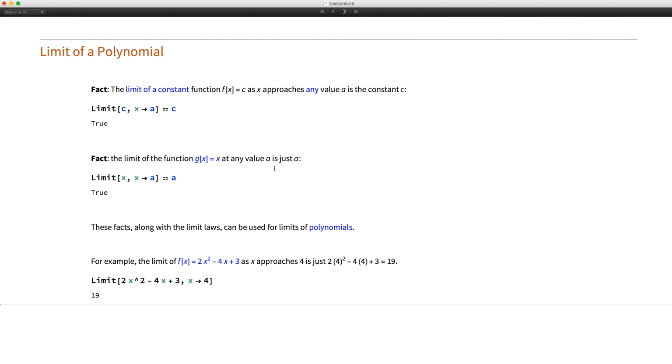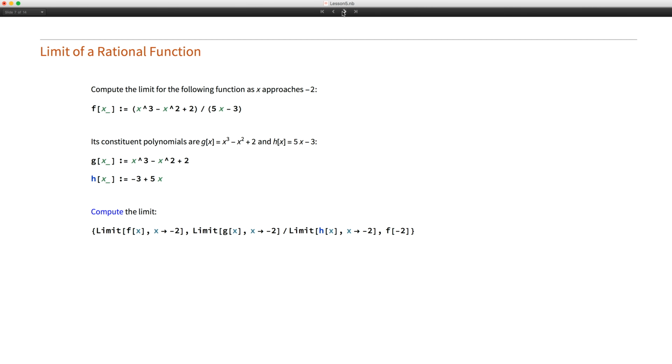The question is, what happens when you have a rational function? So here is a rational function, and you want to find the limit of this function when x approaches -2. Now, when x is -2, there's no problem at all because the denominator is not 0. So here you have g is the numerator, h is the denominator of the rational function, and to find the limit of f as x approaches -2, you simply divide the limits of numerator and denominator, and you get back the answer 10/13,